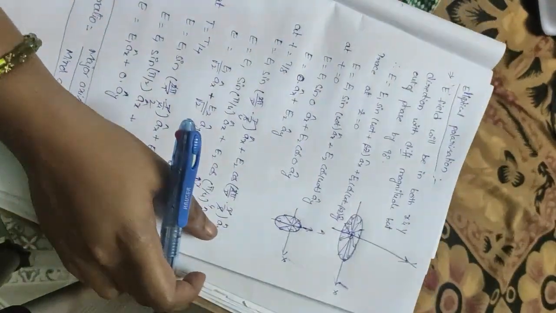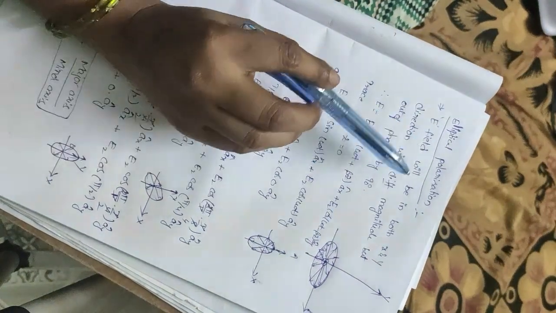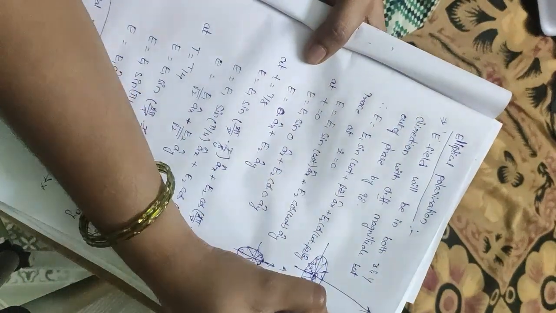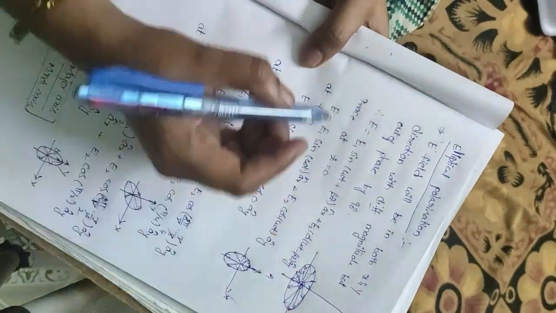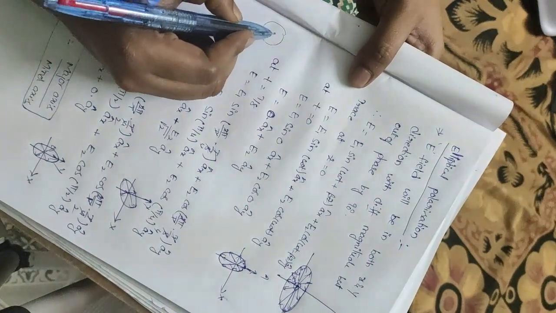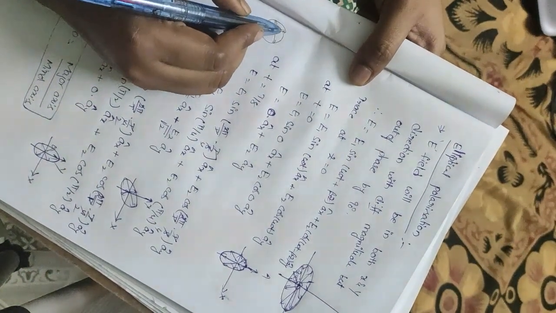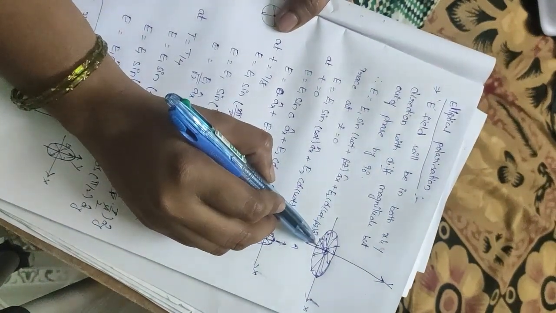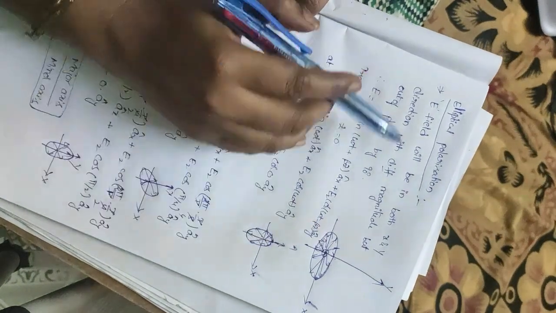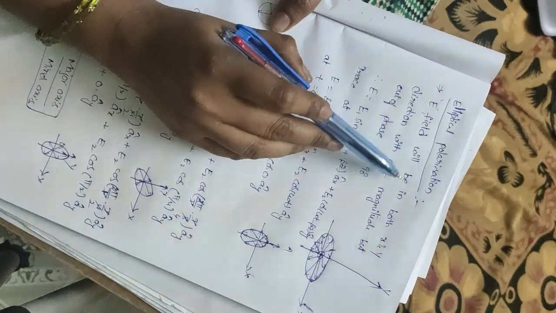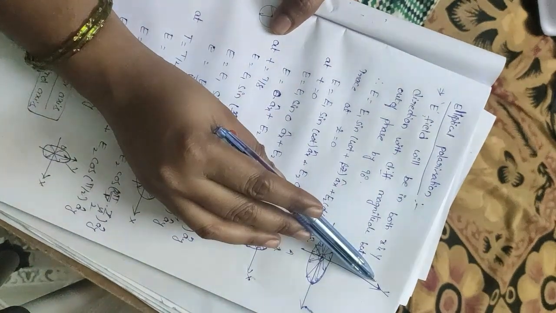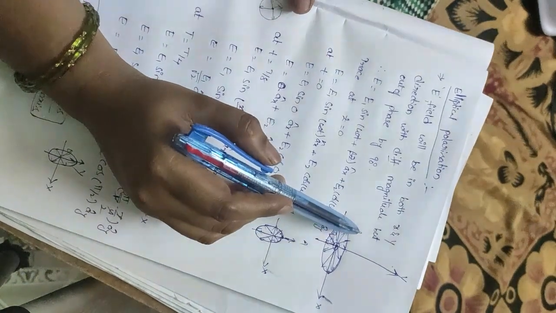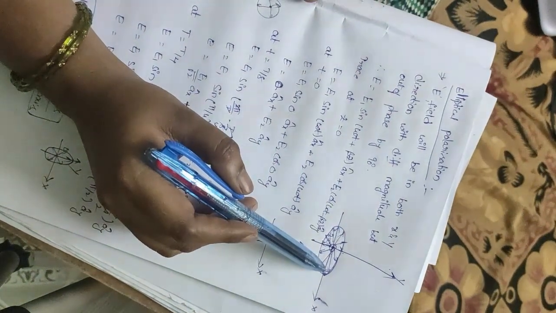Next is elliptical polarization. The difference between circular polarization and elliptical polarization is, for circular polarization radius is equal in all directions, means like this. If you calculate the radius from center point, it will be same at all directions. But coming to the elliptical shape, the radius is different at x and y coordinate values. That's why I am letting my E field be along both x and y axis, but the magnitude is different, and these x and y components are apart by 90 degrees phase shift.